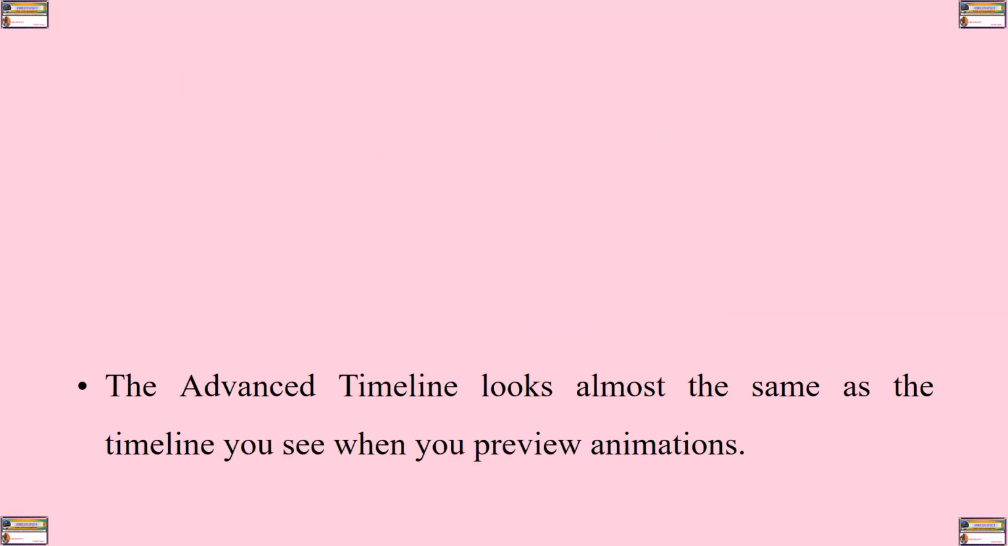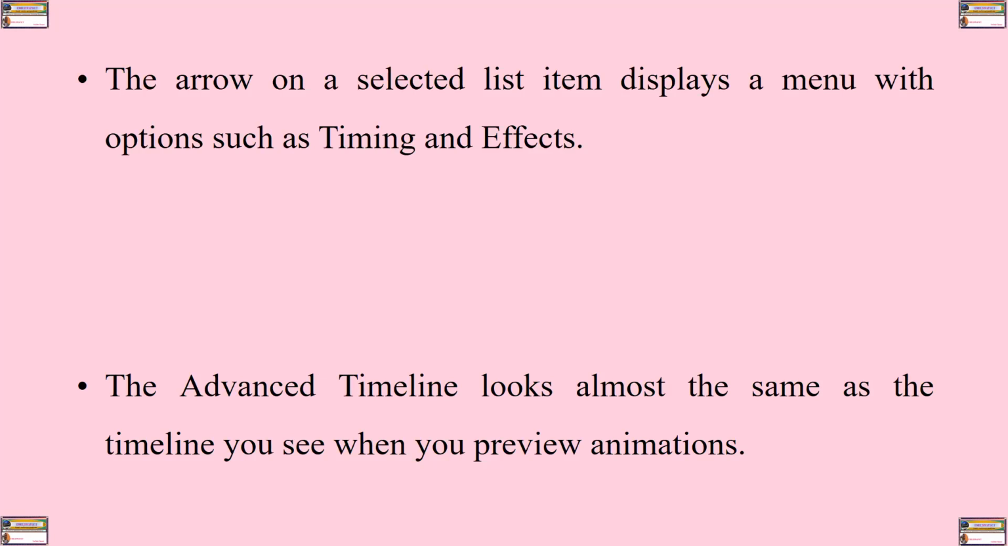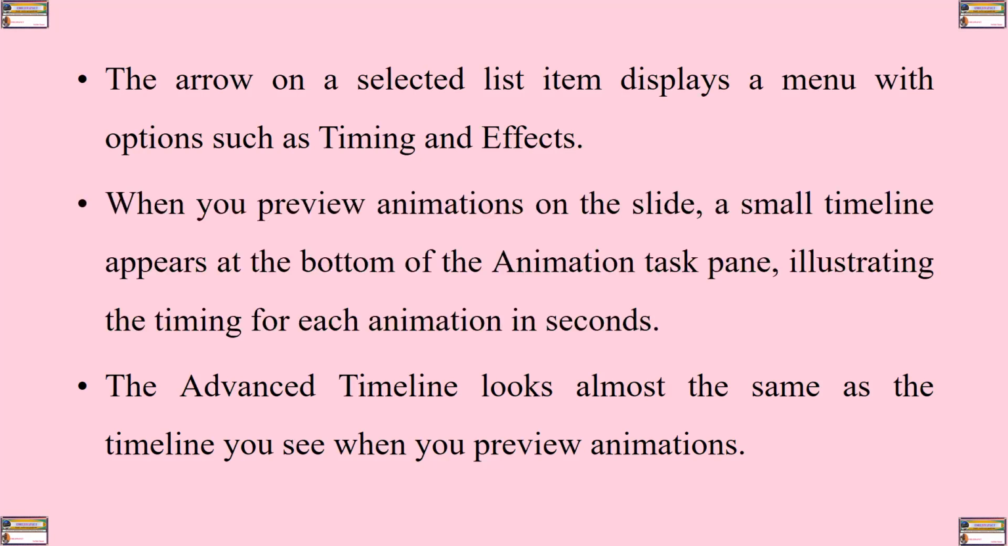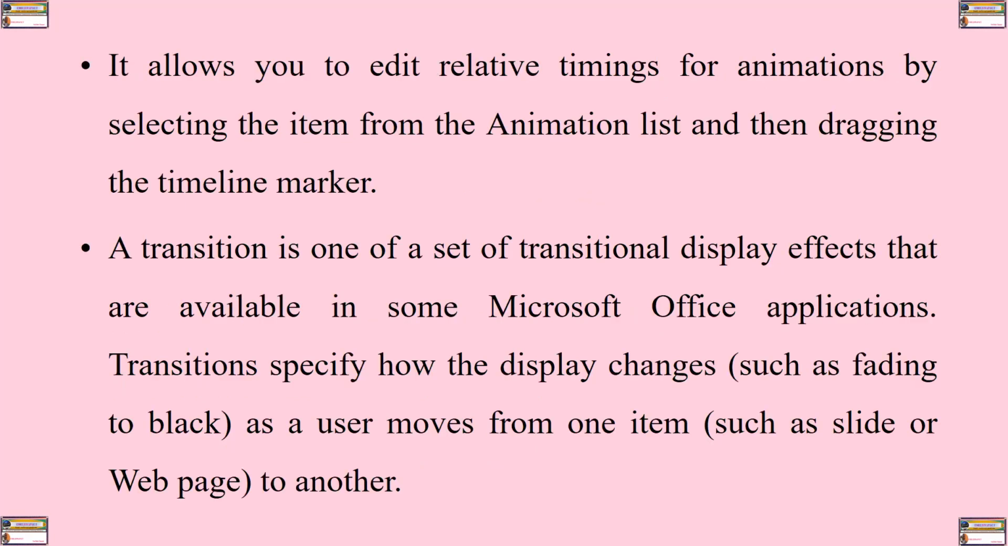The advanced timeline looks almost the same as the timeline you see when you preview animations. The arrow on a selected list item displays a menu with options such as timings and effects. When you preview animations on the slide, a small timeline appears at the bottom of the animation task pane, illustrating the timings for each animation in seconds. Animation allows you to edit relative timings for animations by selecting the item from the animation list and then dragging